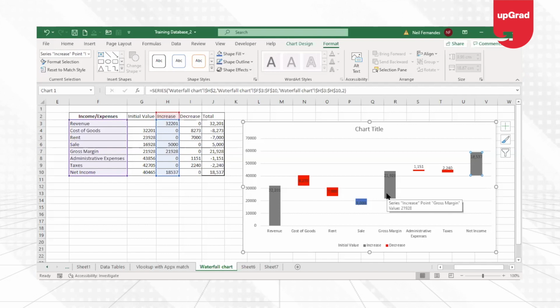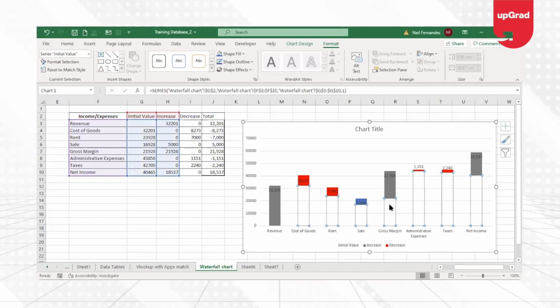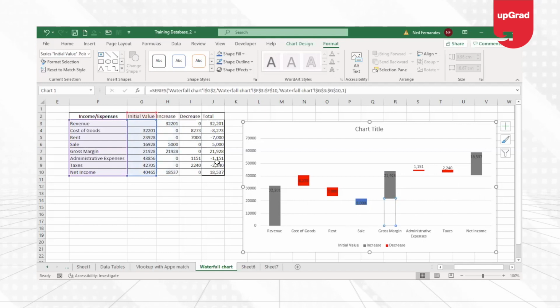Why is that happening? Because we have done a manual thing where we have removed the color from the bottom and kept the color on the top. While you can see that both the values are the same because of the initial value and this number being the same, what we can do in this case is keep this color as gray, which is the total, and remove the color from this part of the bar. So I'll go back to the shape fill and remove the color saying no fill on the top, and going down, fill the bottom one with the gray color. So it looks like it is starting from the bottom.